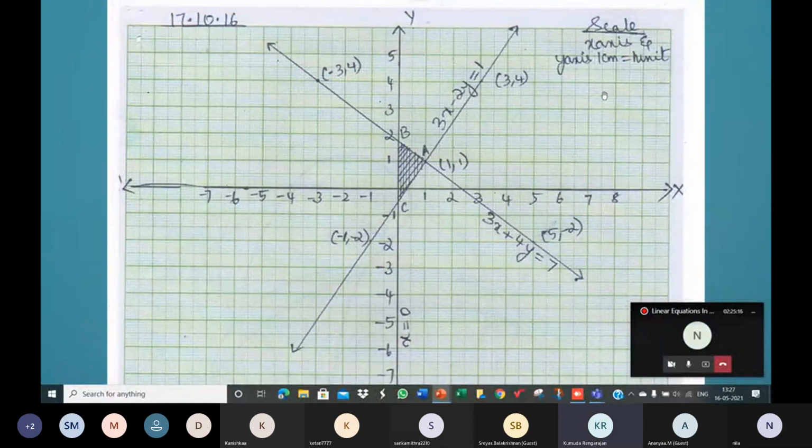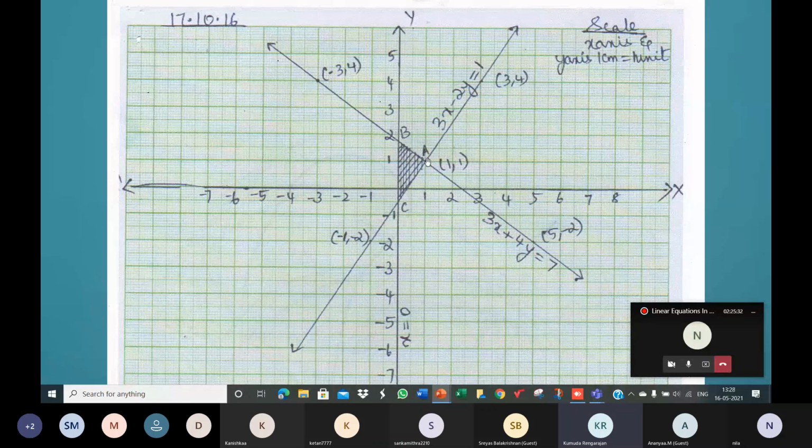So on plotting the first 3 points, you get one line. The next 3 points, we get the other line. And then the third line is the y-axis itself. And now this is the triangle enclosed by the 3 lines. I told you